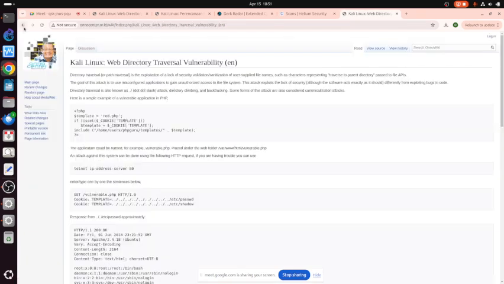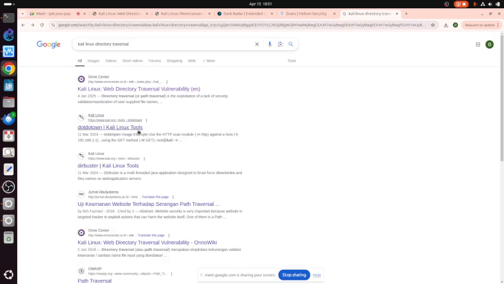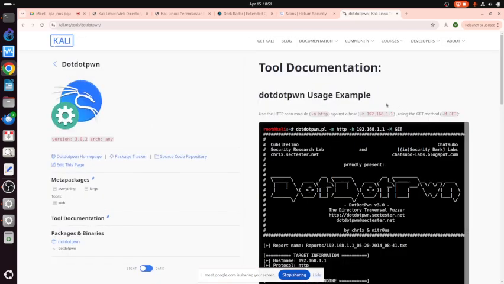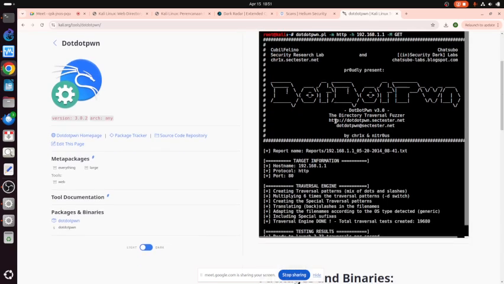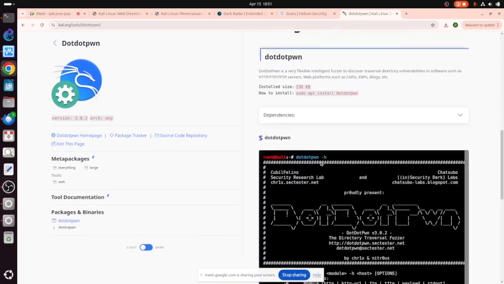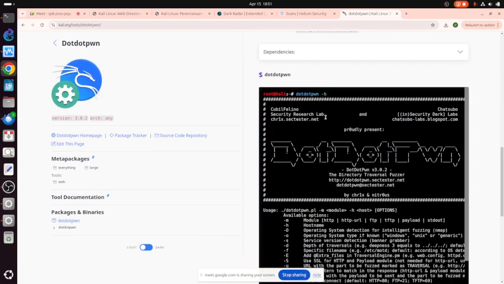Okay, so we can use this kind of tools, like dotdotpwn.